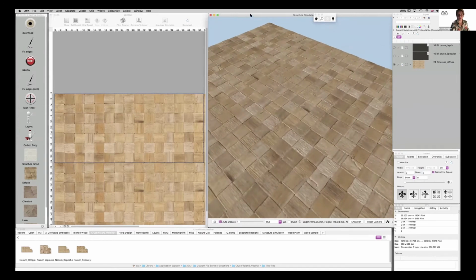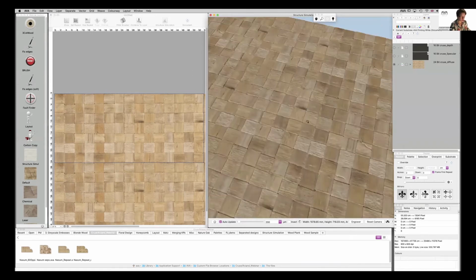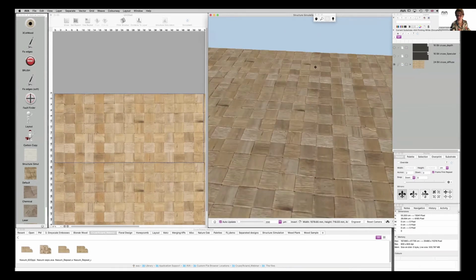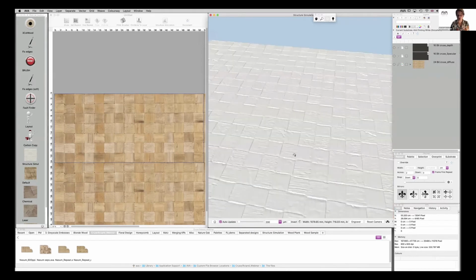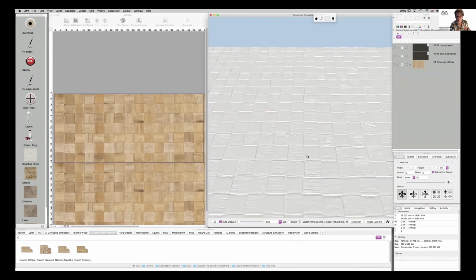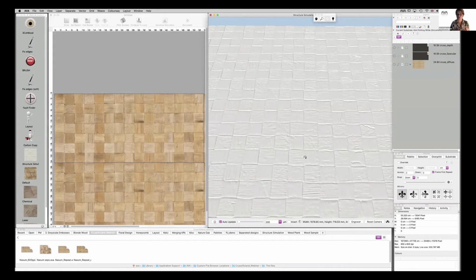So you can see that we can move this scan around and observe it. Okay, we can change the lighting. Change the lighting. And we can view the height without the image on top, like so. So we can start to evaluate areas that are going to cause us problems in production and start to fix them, okay? Now, before I do that, I want to look at this document under a production profile,